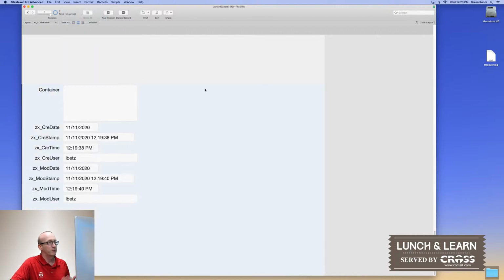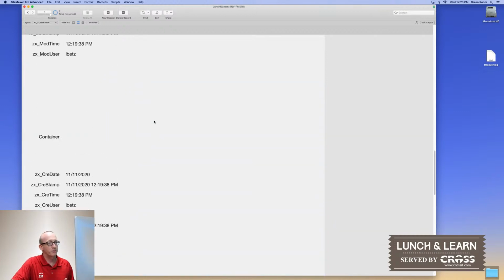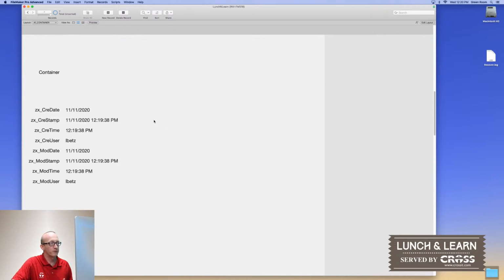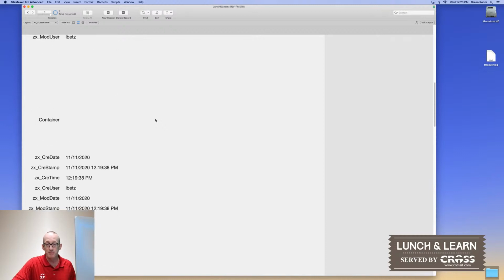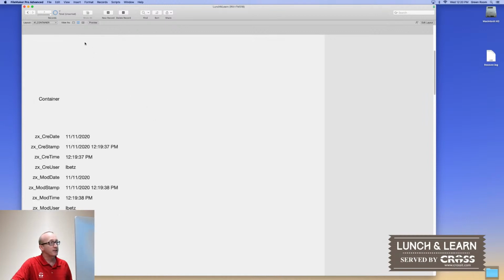I'm going to say, yes, I want to go ahead and make that change. And now as I scroll through here, you'll see that the information is repeated on multiple rows. Now obviously this layout is not optimized for a list view, but you get an idea of how it's going to work. The last one is we can view it as a table, and this is a very